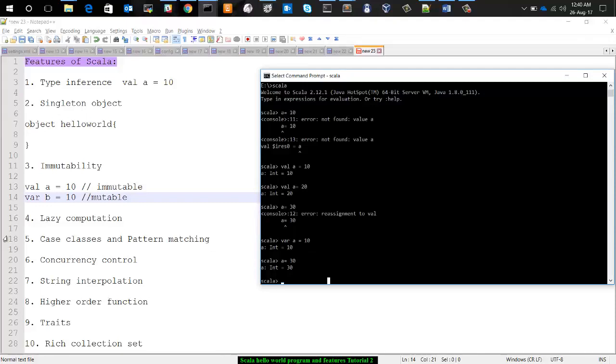Once you have defined a case class, the variables in it will be public and immutable by default. This case class can be used with pattern matching, which is like a switch case. If you give the input through a case class, it will match it and the output will be produced.